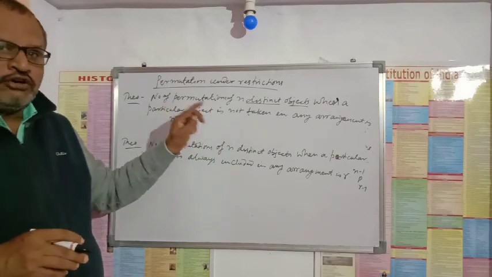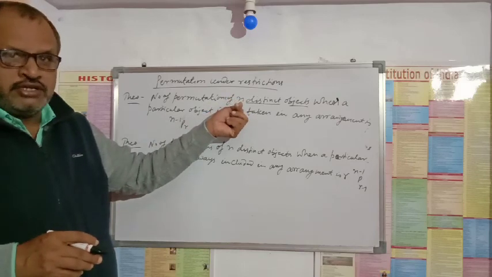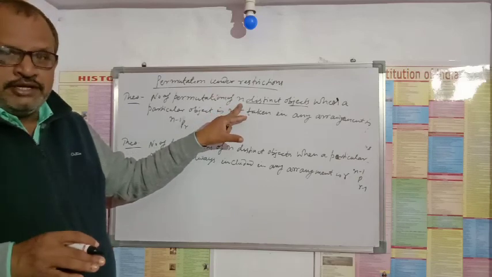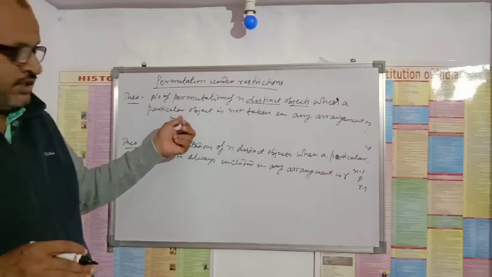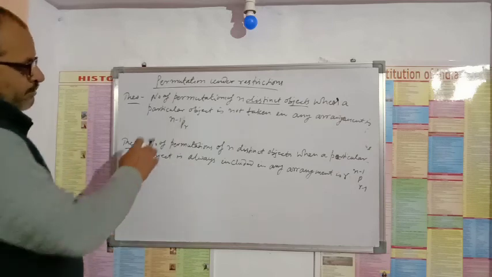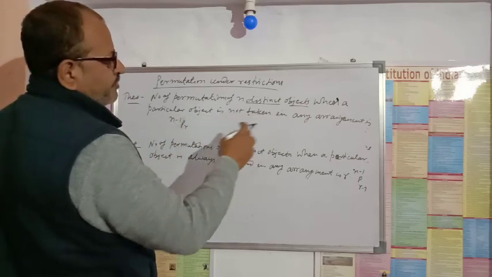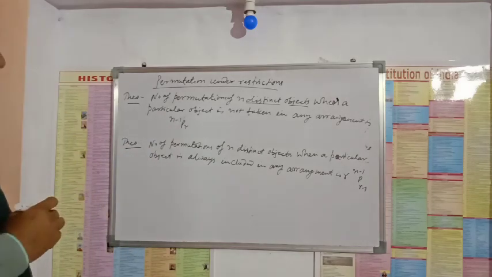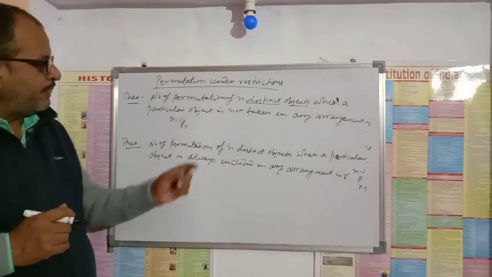So we have to remove that object from the total objects. Then the total objects will be n minus 1, since the particular object is removed from the total. So n minus 1 objects remain. Out of n minus 1 objects, we have to take r objects together, and it can be done by n minus 1 P r ways. Here we have to take the arrangement of r objects.